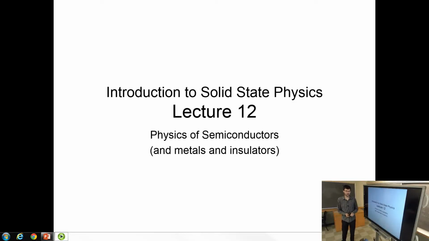Lecture 12 will be largely focused on the physics of this one class of materials, which is extremely important. It's the backbone of our IT technology: semiconductors. They are also host to many fascinating physics phenomena beyond just understanding semiconductors themselves. Semiconductors are elements in new discoveries that are being made, and that will be introduced in subsequent lectures.